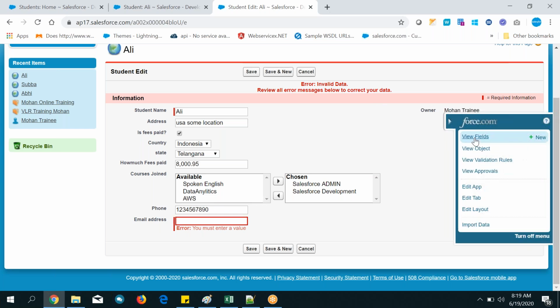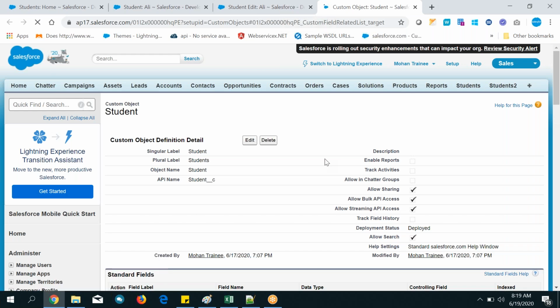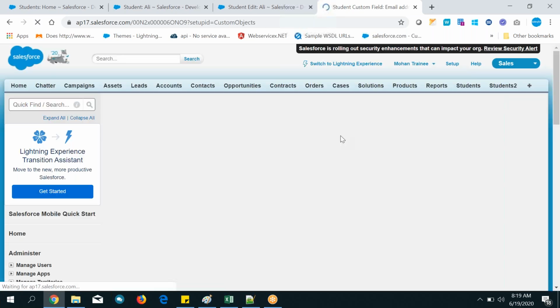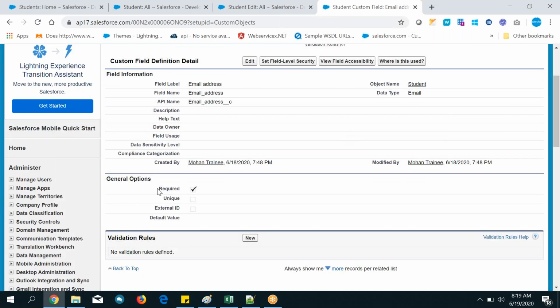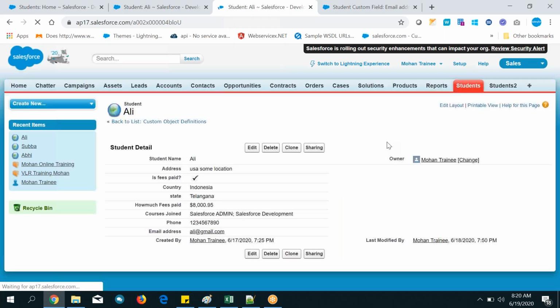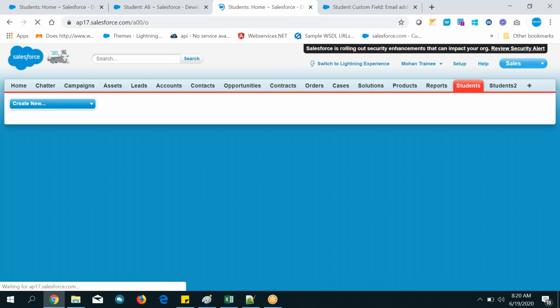So now go over here where I have added that required, guys. Open the email address, and here I mentioned it is a required. That is the reason it is displaying. Okay, so email address, give any email address, save it. Okay, like that.